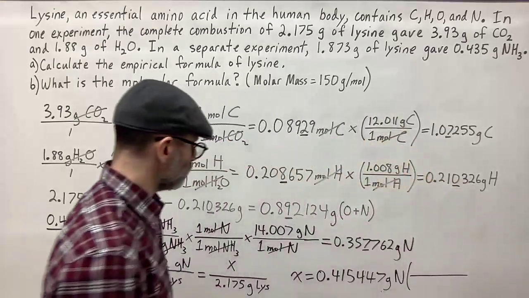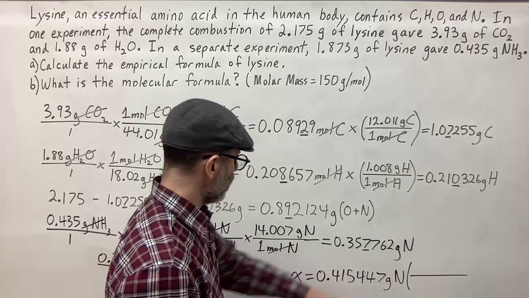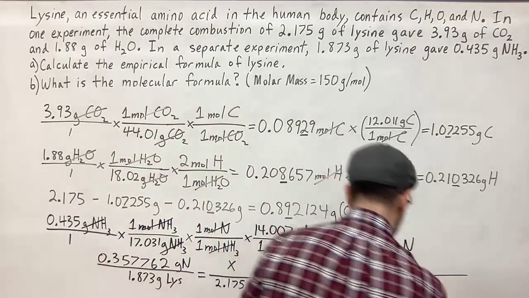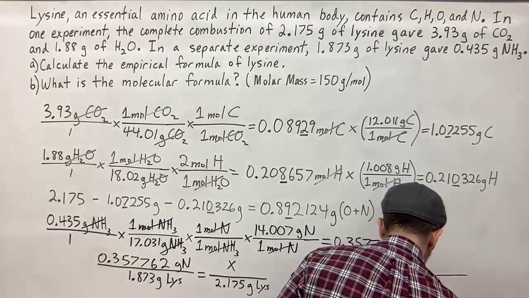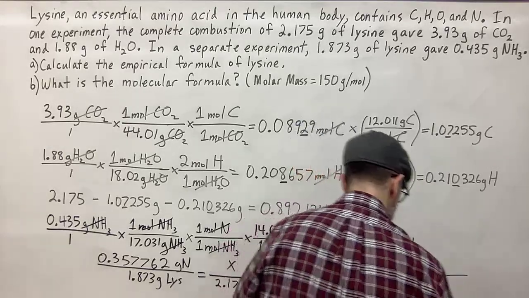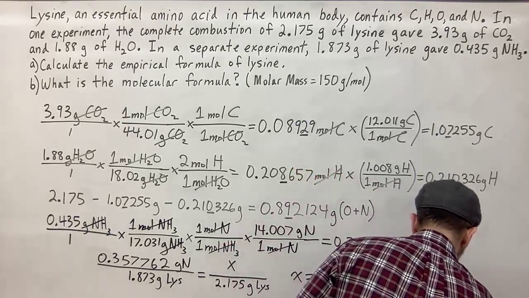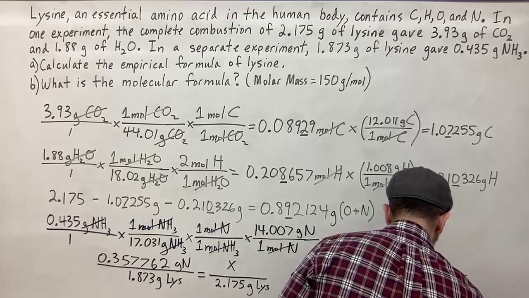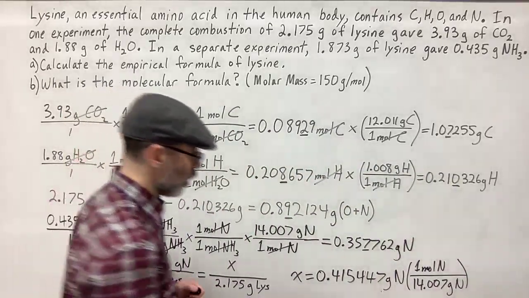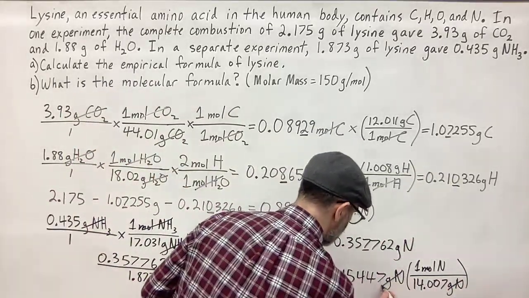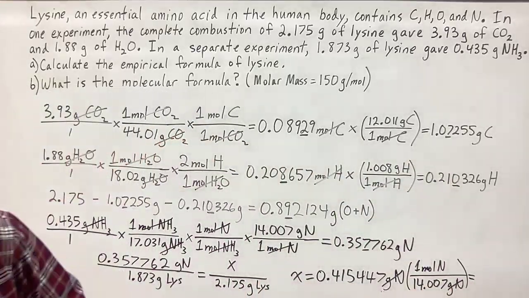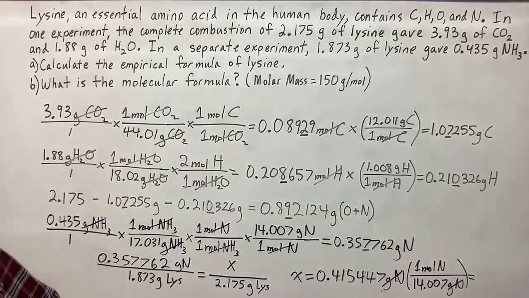I can use the same thing. It's 14.007 grams per mole. So since I have grams on the top here, I'm going to put 14.007 grams of nitrogen on the bottom, 1 mole of nitrogen on the top. And so grams of nitrogen will cancel out. I get moles. And when I calculate that out, I get,